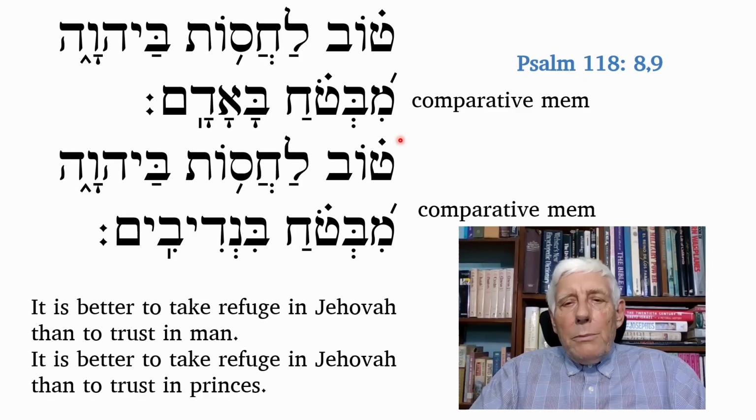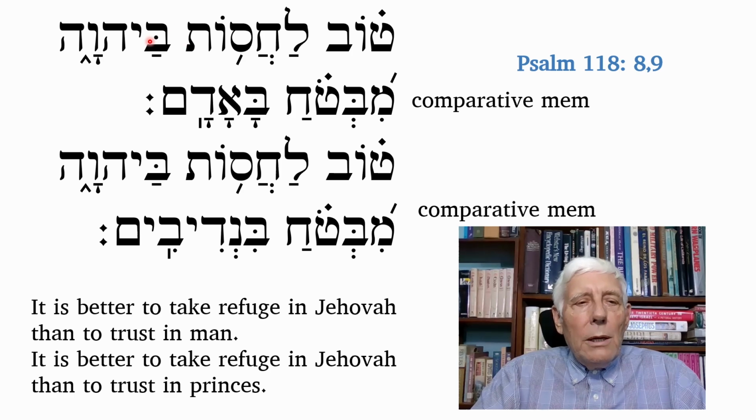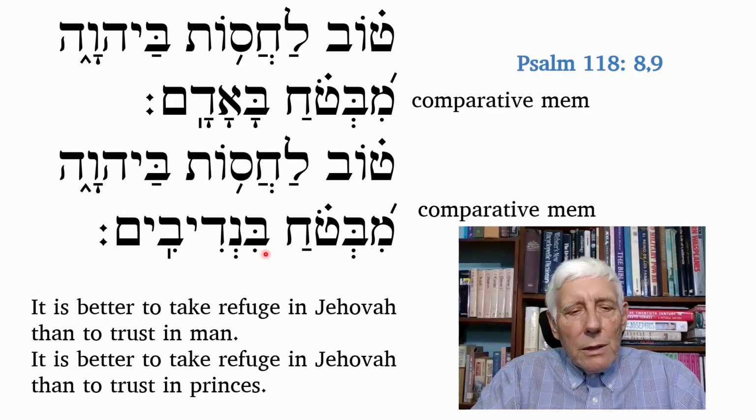And I have a couple of comparative mems here in Psalm 118, 8 and 9. Tov lachasot be'Yehovah mibetoach ba'adam. Tov lachasot be'Yehovah mibetoach bindivim. A whole series of accents right here. It's nice to see the accenting at the yod position. So, Tov lachasot is better than,